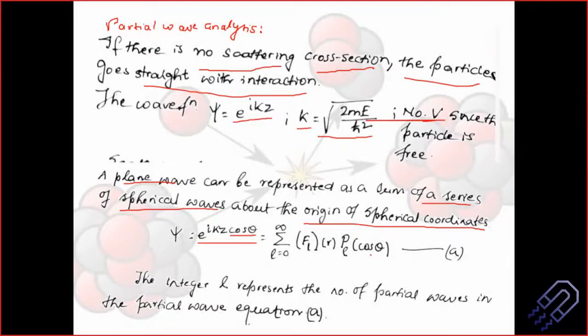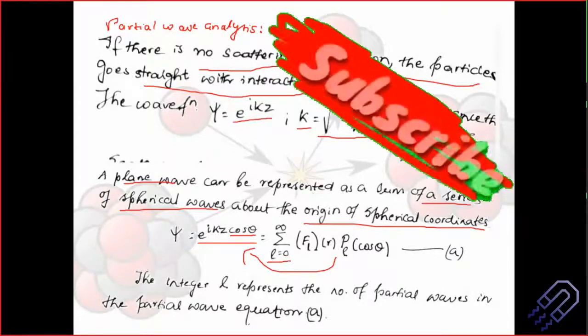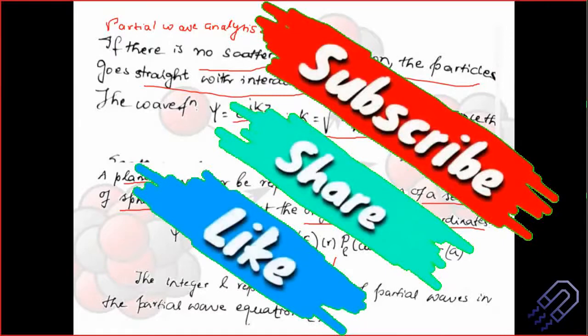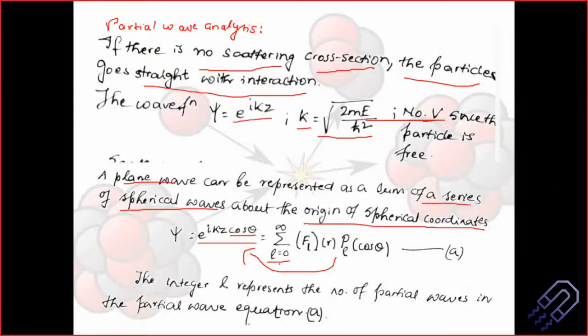This actually takes some time to derive, so you can look into that derivation, but we will just directly write down the equation. It is a summation from L equal to 0 to infinity. The question is why there is a summation in this case. What is the physical significance? It's not that you have a single wave, you are considering a number of waves, so all of these waves need to be added. When we say L equal to 0 to infinity, that means we are adding up all the waves.